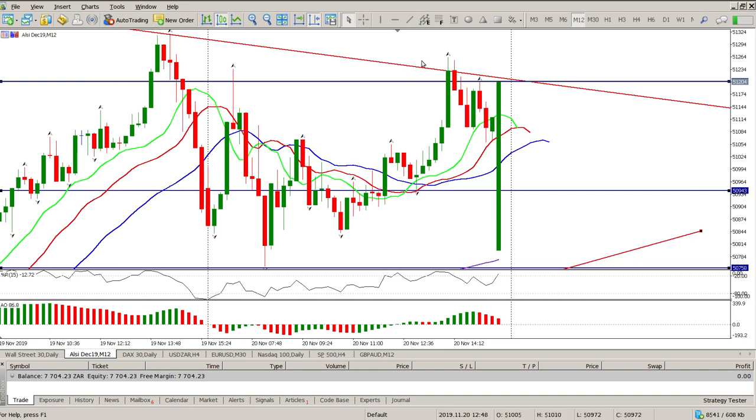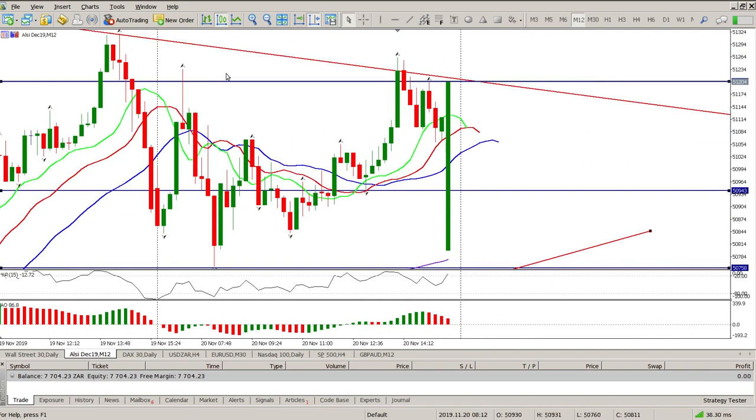Now let's just use a bit of logic here. We have a trend line with pretty much three touches on it on the higher time frames. We do have this mini trend line here on the smaller time frames as well, which would be broken with this break of 50943. US markets yesterday were a little bit